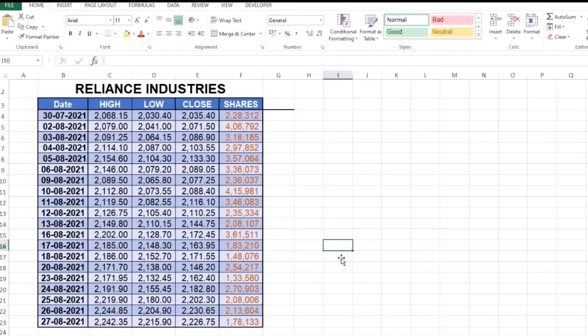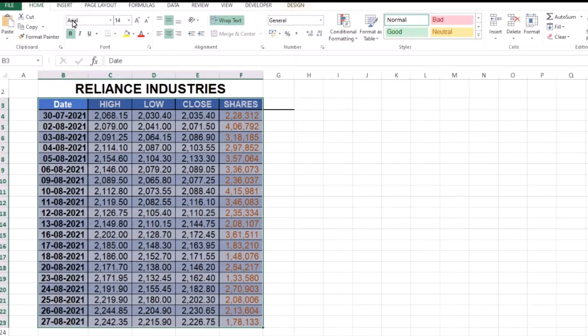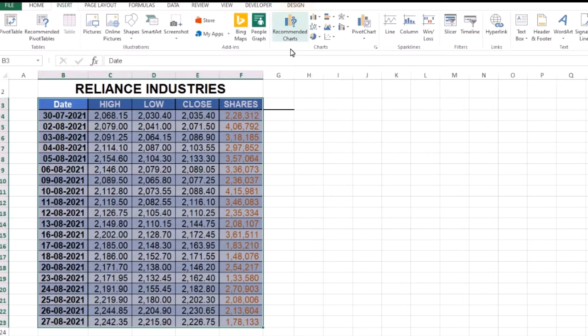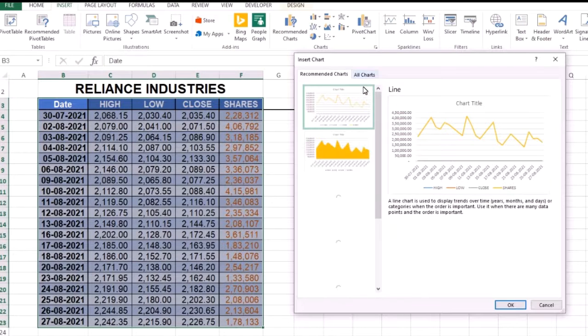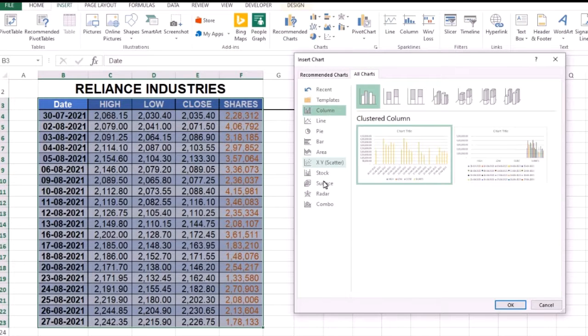For example, in this chart, we have taken the share market price and volumes traded for Reliance Industries for the period of 30th July to 27th August 2021. Now, prices and volumes are different type of values, hence we will use a combo chart over here. To create a combo chart, we will select the data, go to Insert, Recommended Charts, All Charts, Combo Charts,